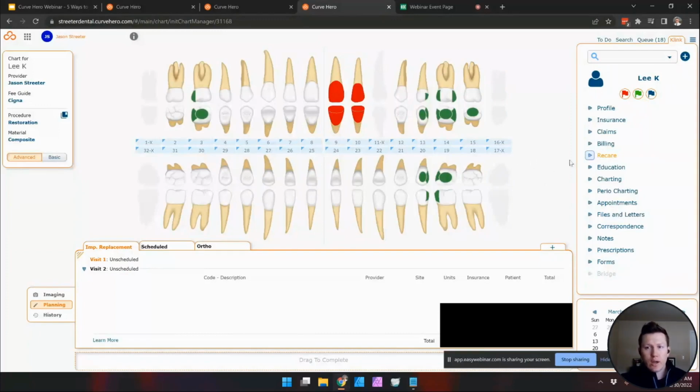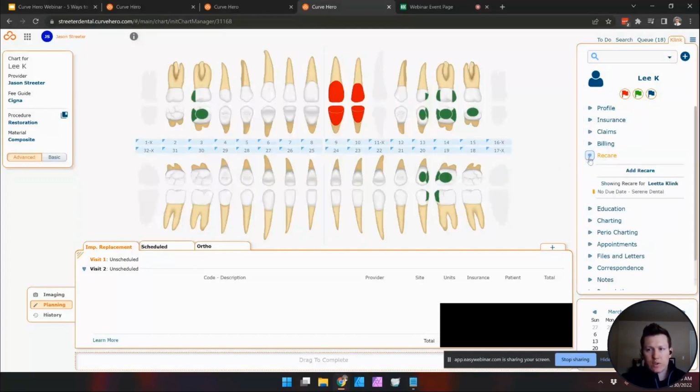And so the recare aspect is huge. There's just a ton of things like that, where if you can see it and you can track it and you can keep it organized, you can increase your productivity by so much. And I think that by using the updated interfaces with these things built in, it makes a huge difference. This has a really nice recare system, for example,